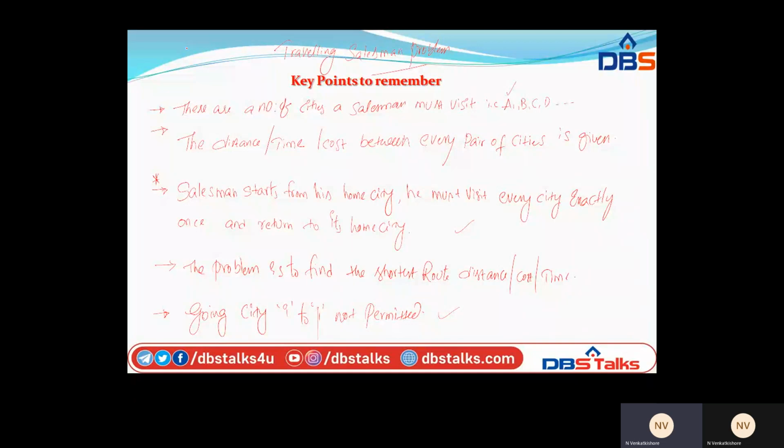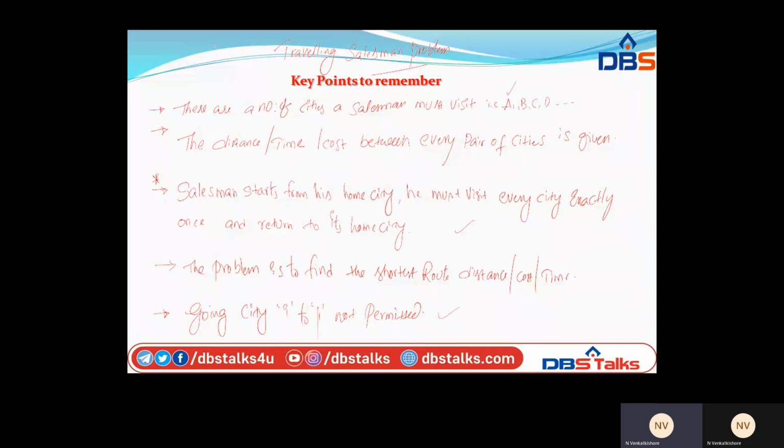These points must always be remembered, and based on these key points only, we have to solve the problem. So what are the key points? You have to note them down. Everybody has to note them down.